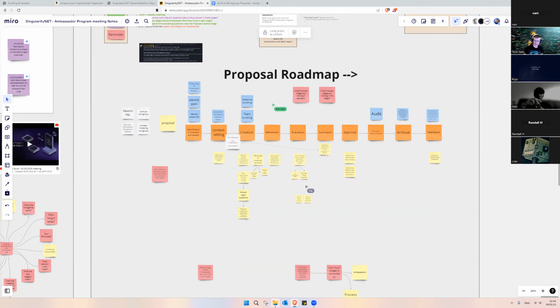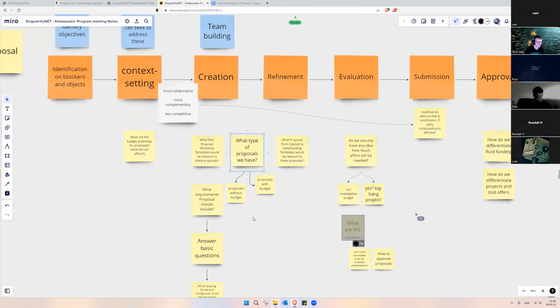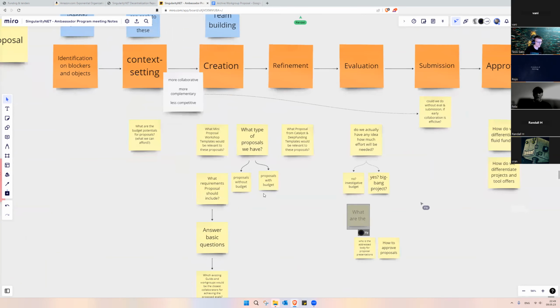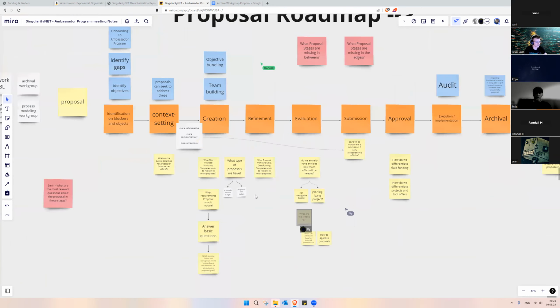Vani, your hand is up. I totally like what you were saying about iterating and maybe getting this one through and then seeing how we can iterate, but maybe it's making it too complicated. But I'd really like there to be pluralism built in. We wrote that proposal the way we write it. It might not suit another kind of proposal, and I don't want to call them proposers, but people who might propose an idea, we need to keep them at the forefront and let people try and do it how they need to do it,